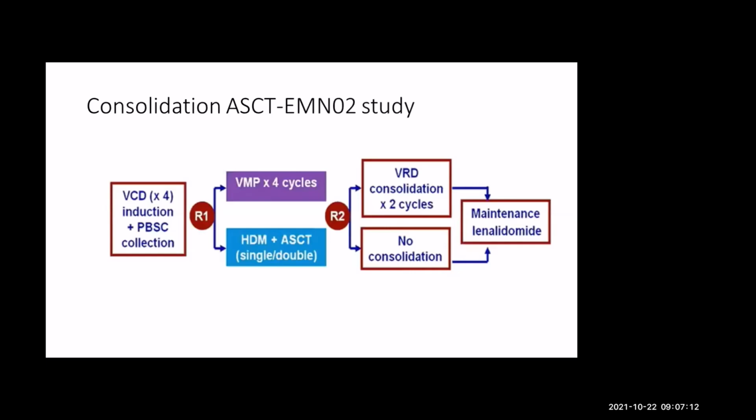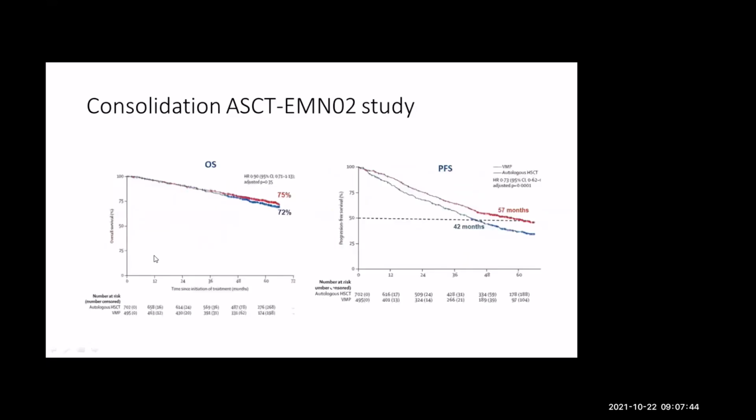the EMN02 study. This randomized patients after VCD, not a standard induction, to VMP. That means giving melphalan, not doing transplant, versus a single or double autologous transplant as per institutional practice. And after that, consolidation again in the randomized setting and lenalidomide maintenance. So this study answers the question whether you require transplant or not when you are using a bortezomib-based regimen, but not VRD is used here, and it also has used VRD as a consolidation and maintenance, which is standard. So what this study shows is